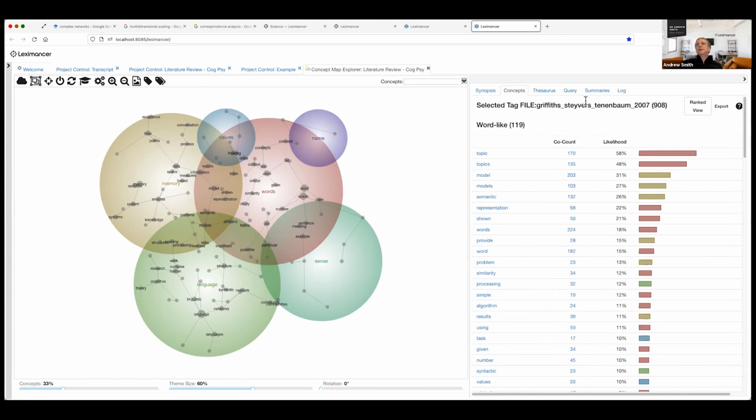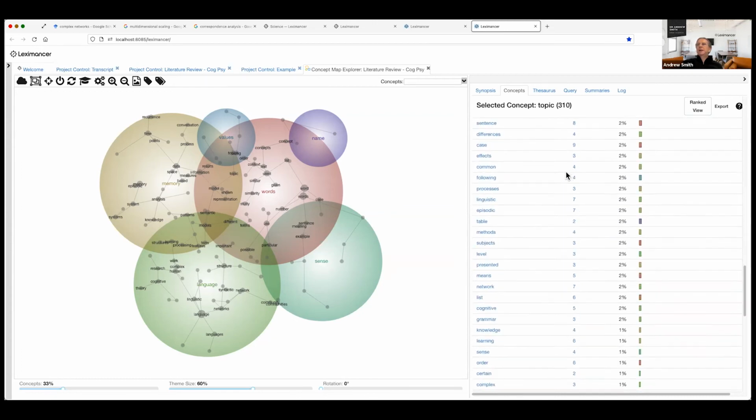But now let's say, all right, Griffith, Steyvers, and Tenenbaum talk about topic modeling. Who else talks about topics and models? So if I click on, let's say, topic here, the name, I can see that topic co-occurs in the data, codes together with topics, models, conversation.